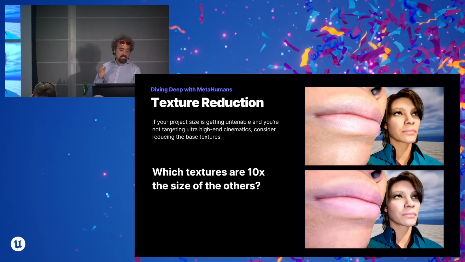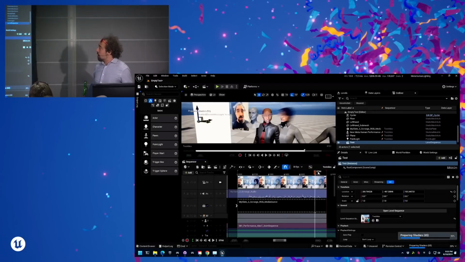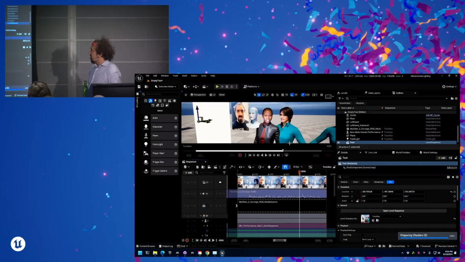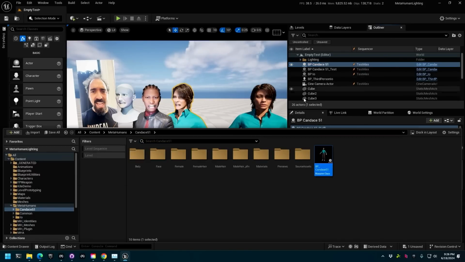And if you want an easy way to actually reduce your textures, I did mention yesterday a batch process for just telling Unreal to output lower resolution textures. But if you're like, I've got a project with 50 MetaHumans in it and it's 2,000 gigabytes, whatever, and you actually are trying to get your project size to be smaller, textures are a great place to start. So I would recommend, for example, that when you go through here and you're looking at all the textures you have, that you find your character, open it up,